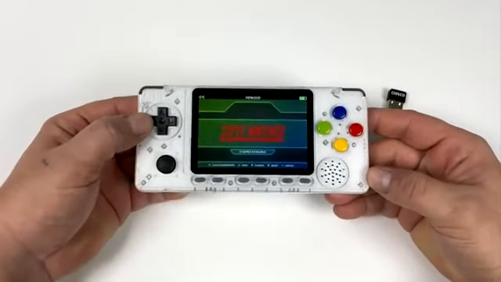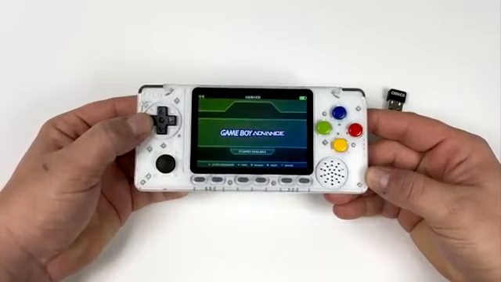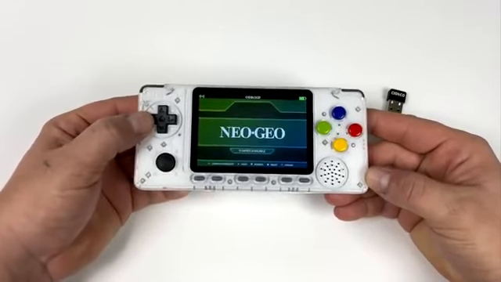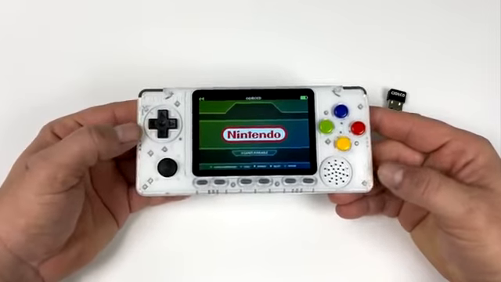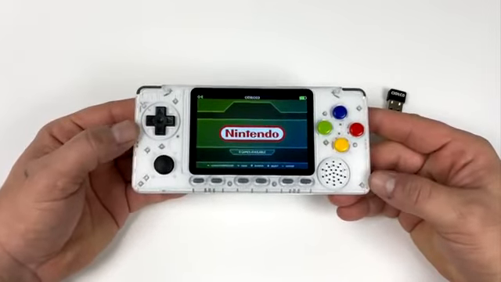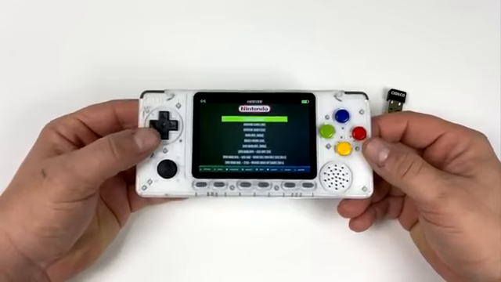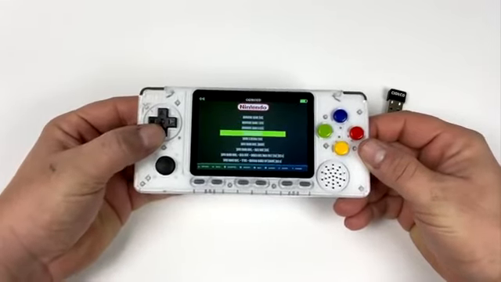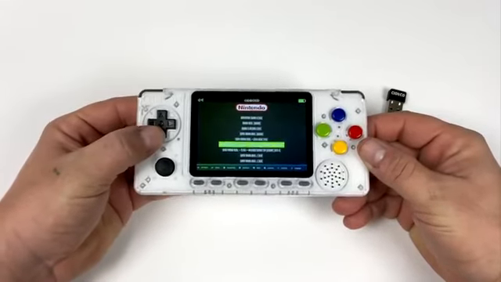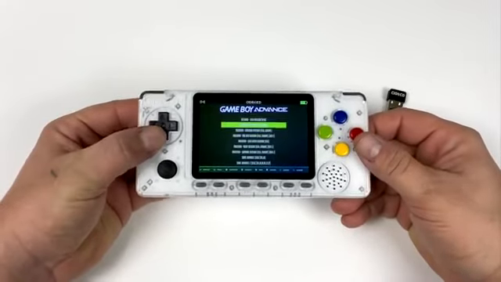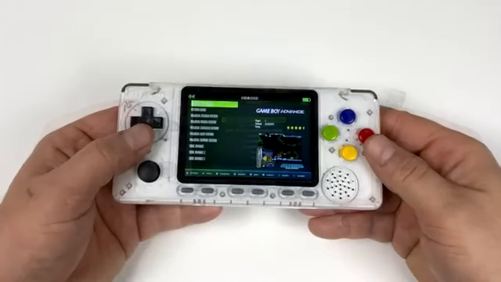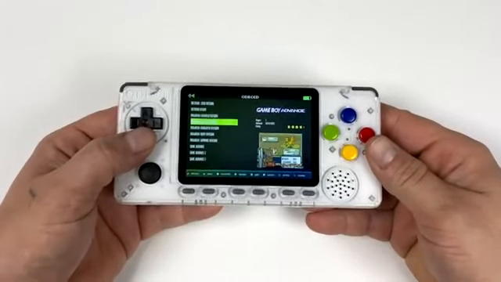Today I'm going to show you how to add box art and images to your games on your Odroid Go Advance without a Wi-Fi dongle. If you followed my previous tutorial on installing the software for your Go Advance and adding games, you might notice when you go into each of these systems, it looks pretty bare. All we have is the name of the game. It's just plain text, but this will get you by. I mean, you can play this without any images whatsoever if you don't want them. That's totally fine. But in this video, I'm going to show you how to add beautiful artwork to each game